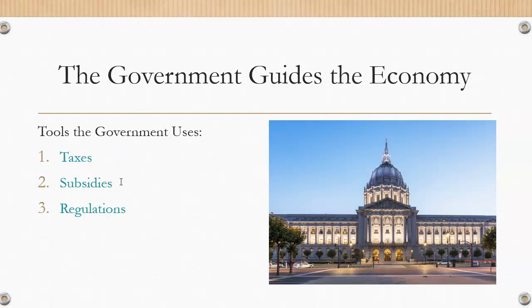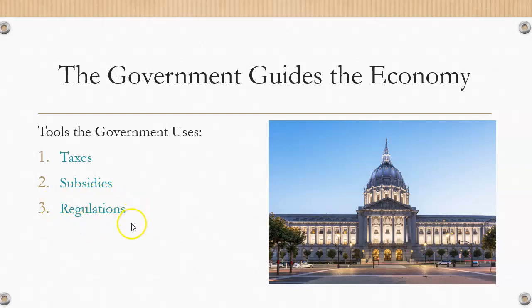Subsidies. You take an industry that's struggling, that doesn't make a lot of money because it's early on, like the solar panel industry. It got a lot of subsidies from the government, millions, especially under the Obama administration. We're talking about billions and billions of dollars. So subsidies are a way of saying we will invigorate you financially. Now, if an industry already gets subsidies and the government wants to discourage it, they can take away the subsidies. Amtrak, for instance, continues to get a lot of subsidies from the government. But how much subsidy matters based on whether the administration feels those subsidies are being used the right way or not. And then regulations.